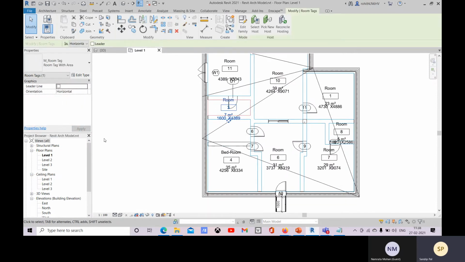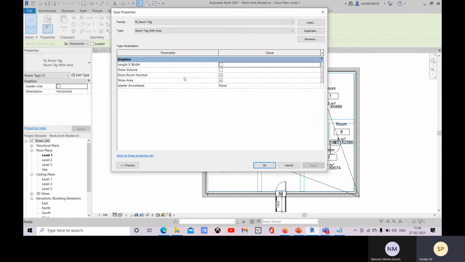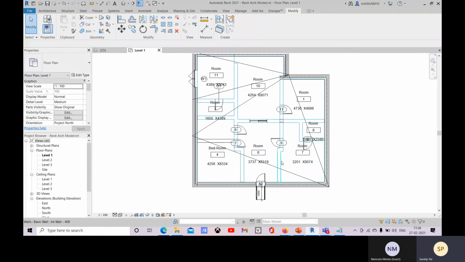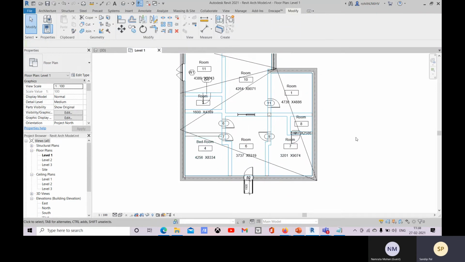So here you can see. So here you can come again and make the changes also within these type parameters. Okay. So this one, all right, and you can make the name properly.